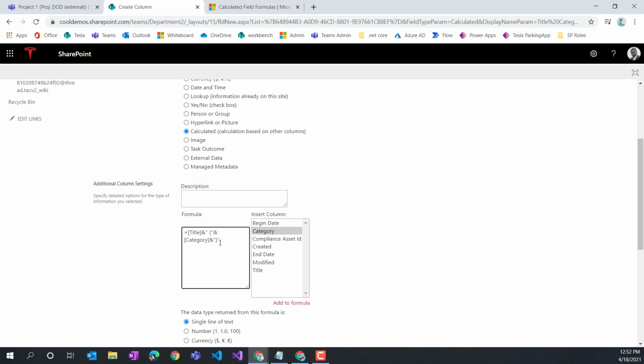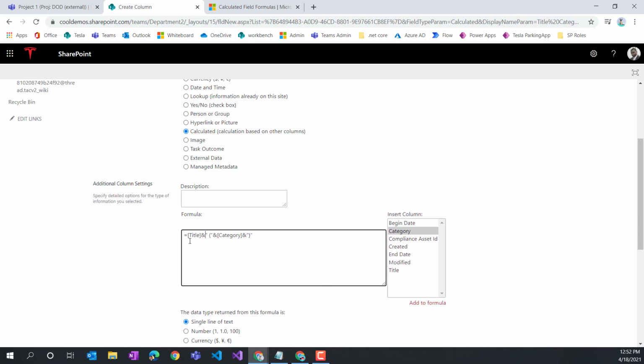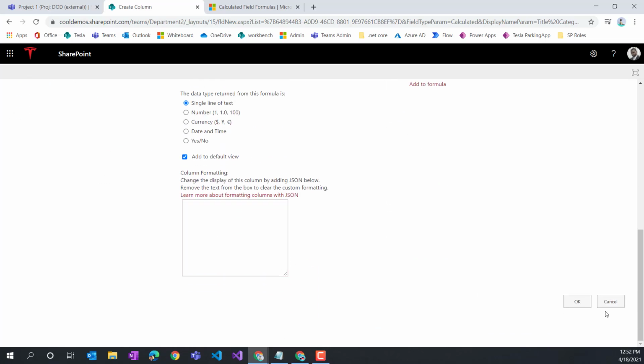So basically, if you look at this, and let's see if we can stretch this out, this is the formula. The formula is the site column here. You have to use a special token because it's dynamic, right? We're not hard coding it. And then I have to use double quotes anytime that I'm using a literal or a string. So here I just wrap my open parenthesis in double quotes, and then my close parenthesis in double quotes, and then to concatenate them, I need this ampersand character that strings them all together. Okay, so hopefully I got this right. So if I hit OK,